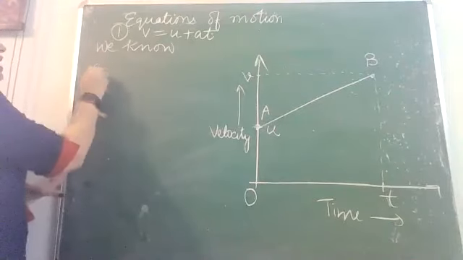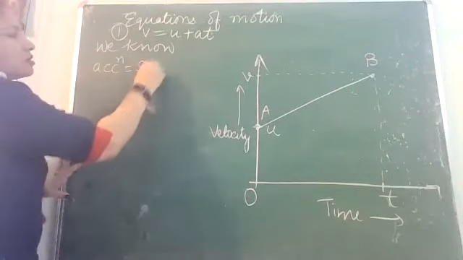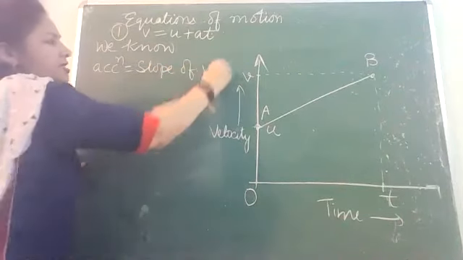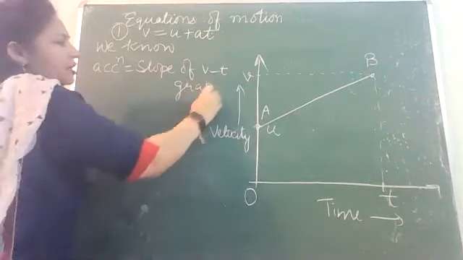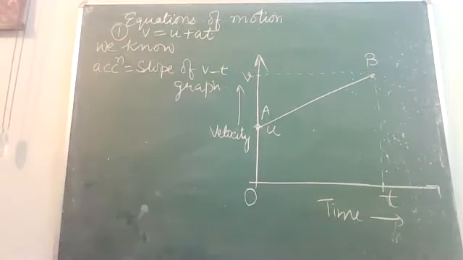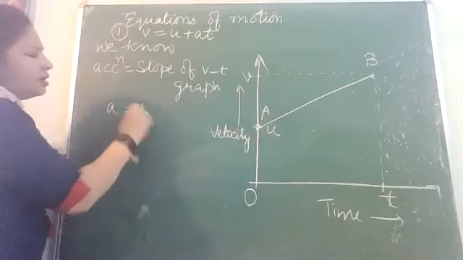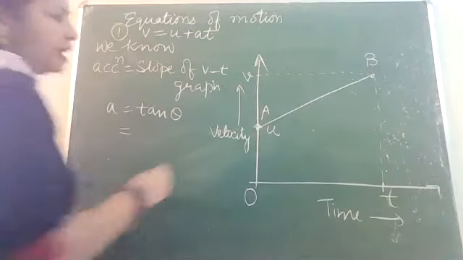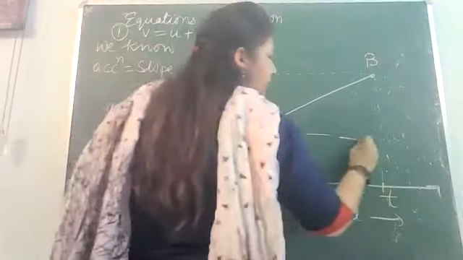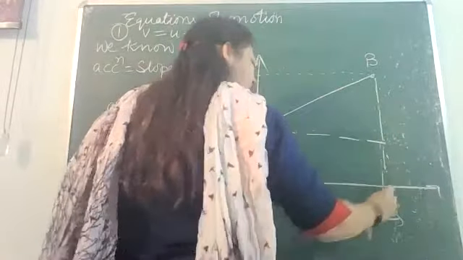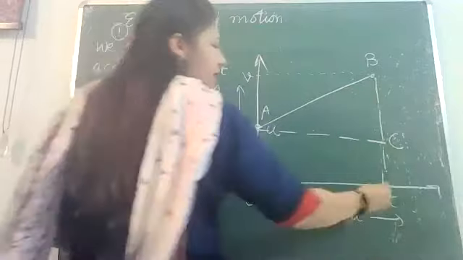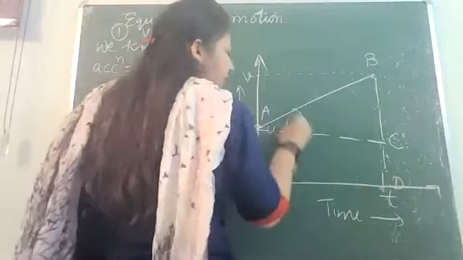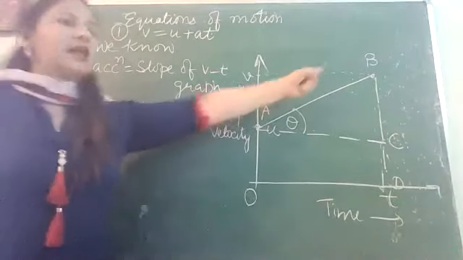Now we know that acceleration is given by how? Slope of the vt graph. We did the importance that day that the slope of the vt graph gives us acceleration. You know that, right? We noted two points on the importance of the vt graph, that its slope tells us acceleration. And further I told you that the formula of acceleration is tan theta. So for that purpose you need a right angle triangle. So let's do some construction and complete a right angle triangle here. Suppose this ABC is your right angle triangle. This is your D point. So tan theta will give you the slope of this line.